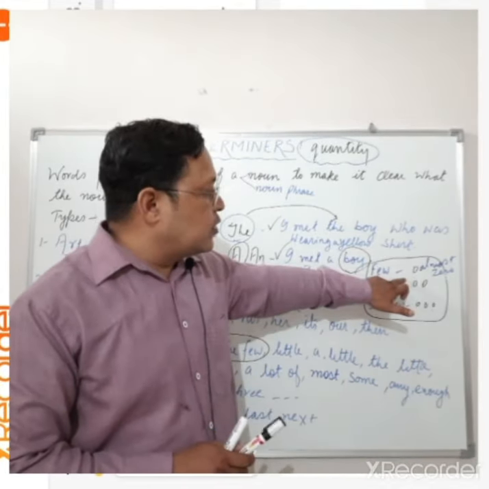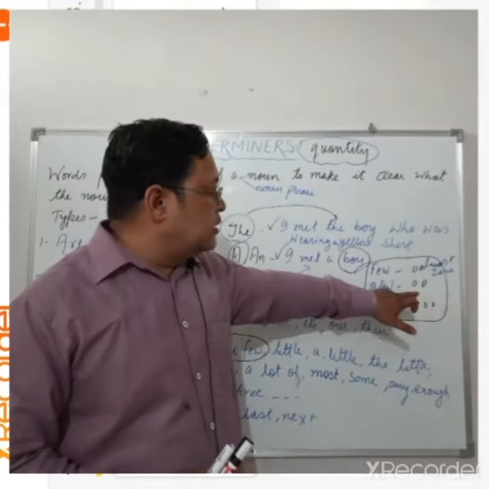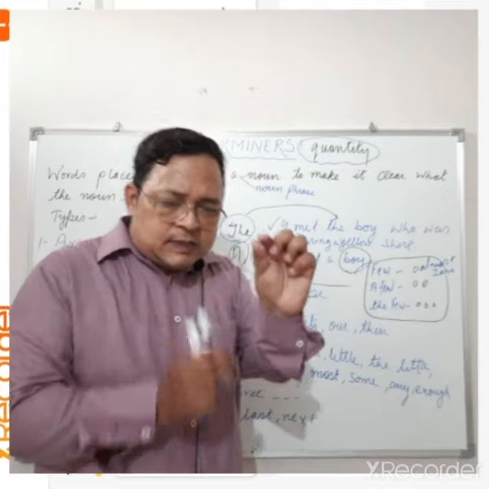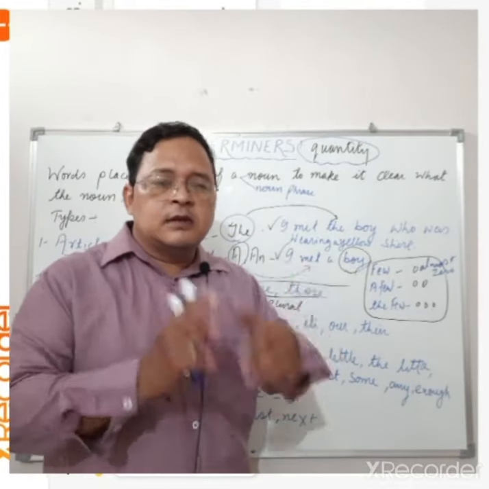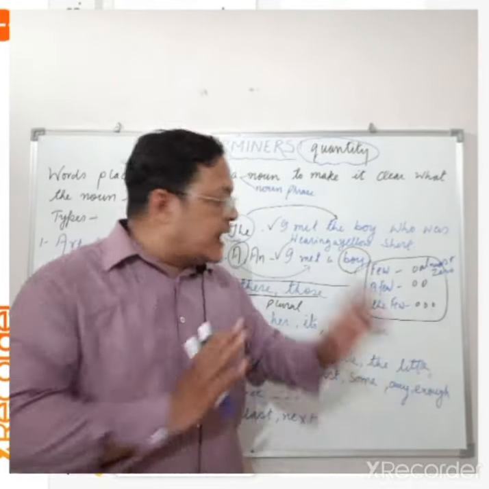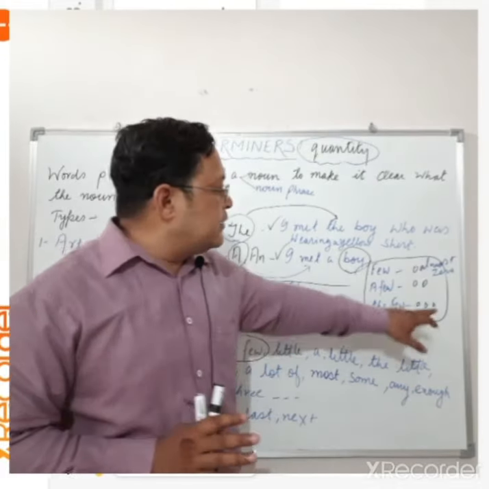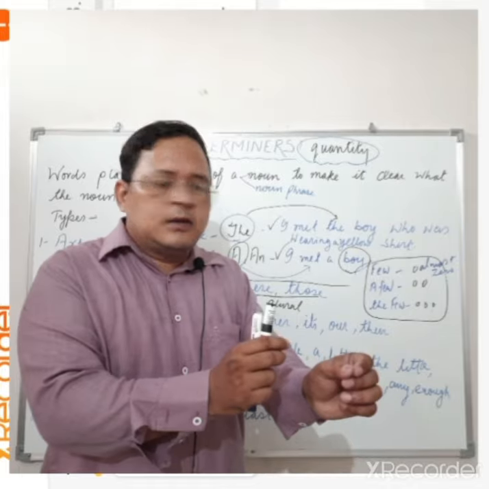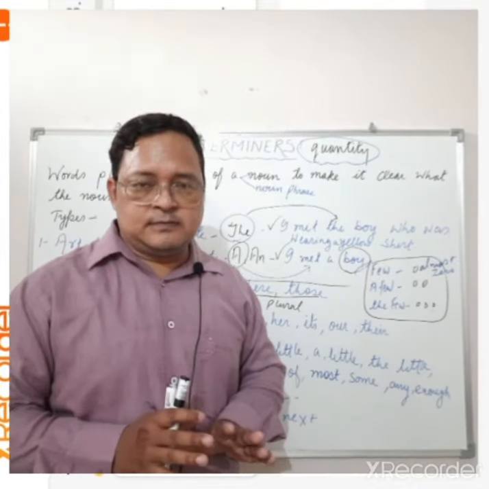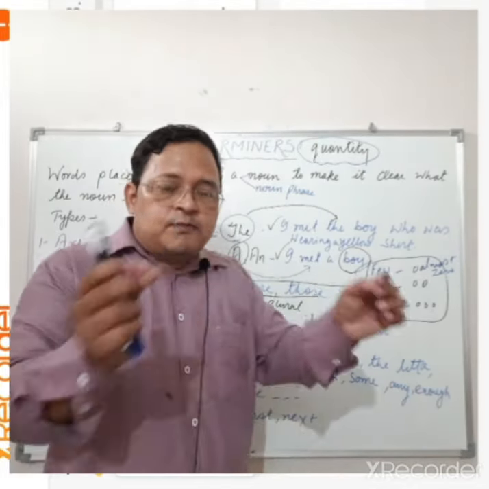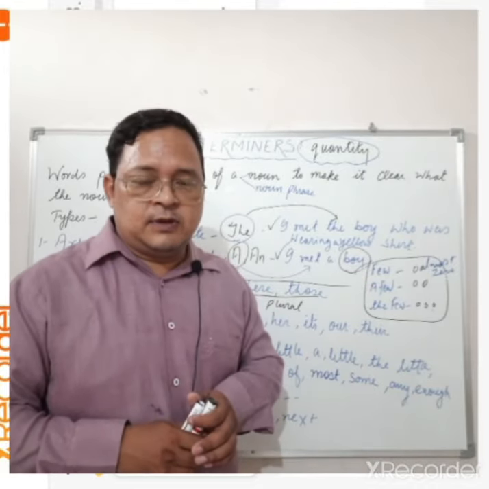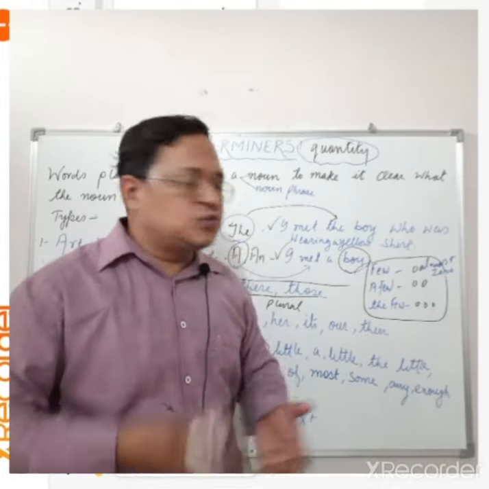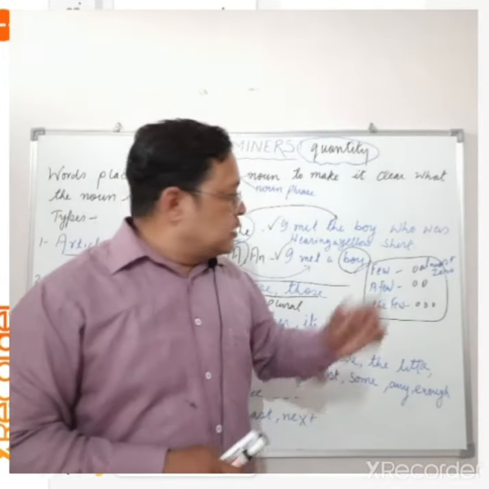So few means almost zero, a few means little bit, and the few means this much, but in total that only is there. Here if I say 3, only 3. I have few pens, I have the few pens. I wrote with the few pens I had. So the few pens means only 2 or 3. Next,